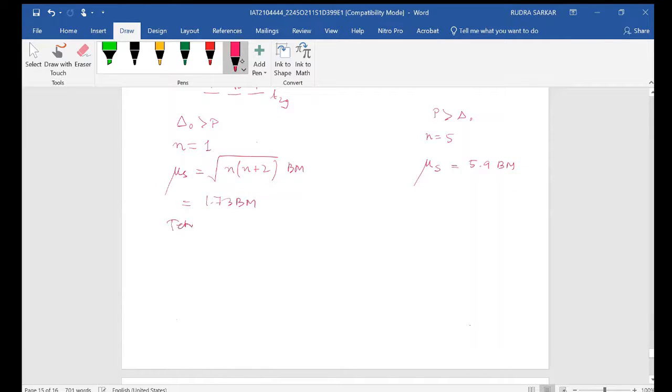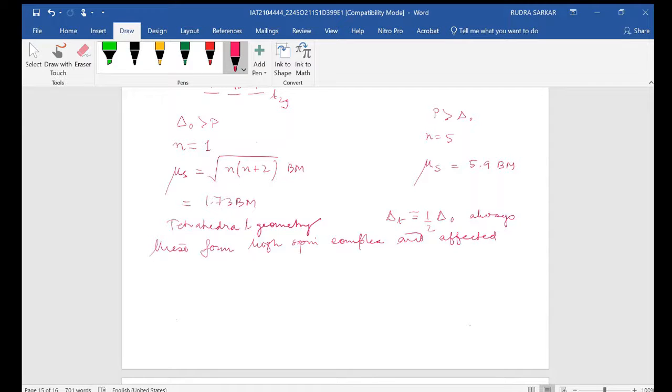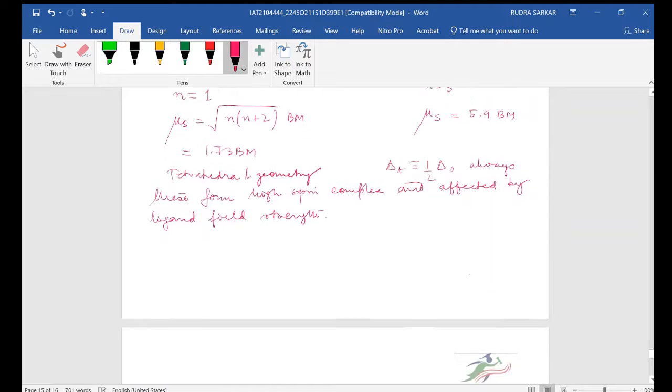For a tetrahedral geometry, one has to remember that the tetrahedral splitting is almost half of the octahedral splitting. So these always form high spin complexes, not affected by ligand field strength. If you keep that in mind,